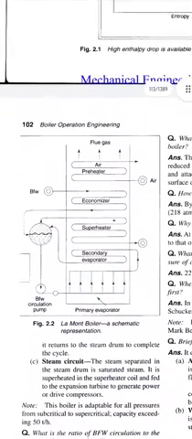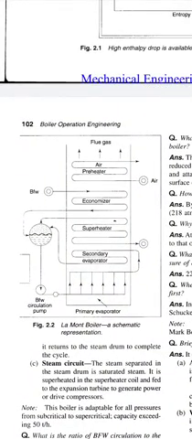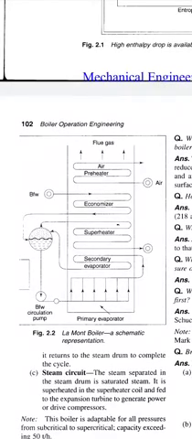In this diagram, we can see the La Mont boiler schematic representation. The boiler feed water circulation pump is on the left side of the diagram. It pumps to the primary evaporator, then the secondary evaporator, then it goes to the boiler drum, the steam drum. From the steam drum, the steam goes to the superheater, then it goes to the outlet. The boiler feed water inlet is at the top left of the diagram. It goes to the economizer, then it goes to the drum. Again, the boiler feed water circulation pump is there.